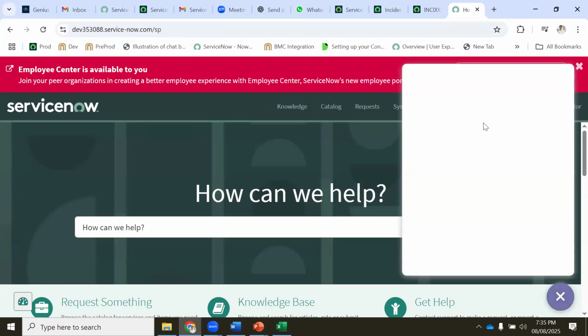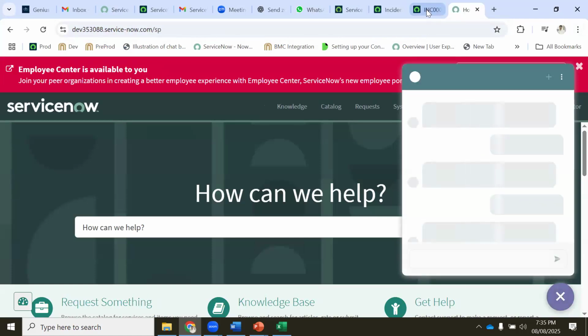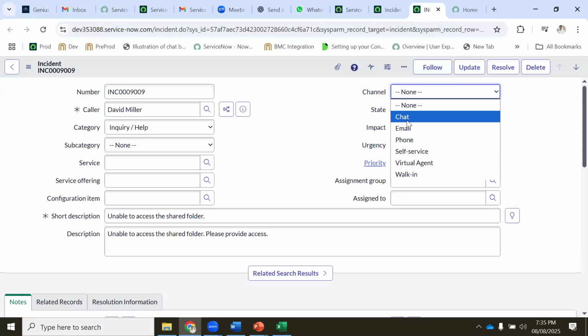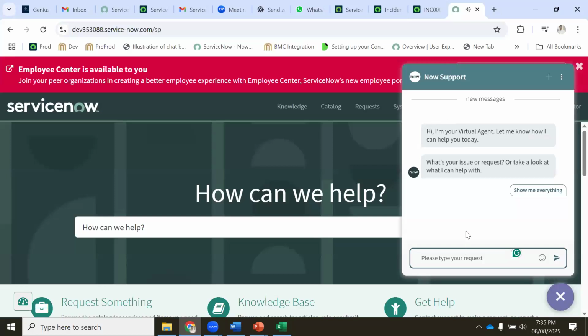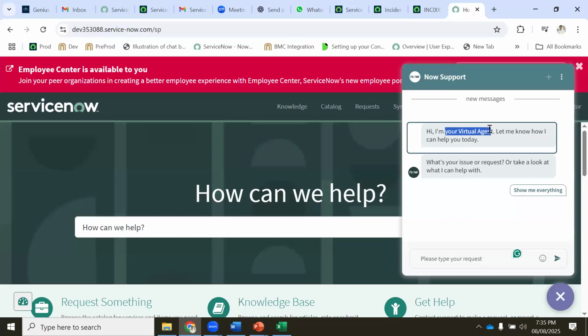Through this, I can create a ticket. That is called what? Chat, correct? Or virtual agent, I can say. This is a virtual agent or chat. Both are the same. Chat is virtual agent. Okay. So once you open, this is a hi, I am your virtual agent. Let me know how can I help you?